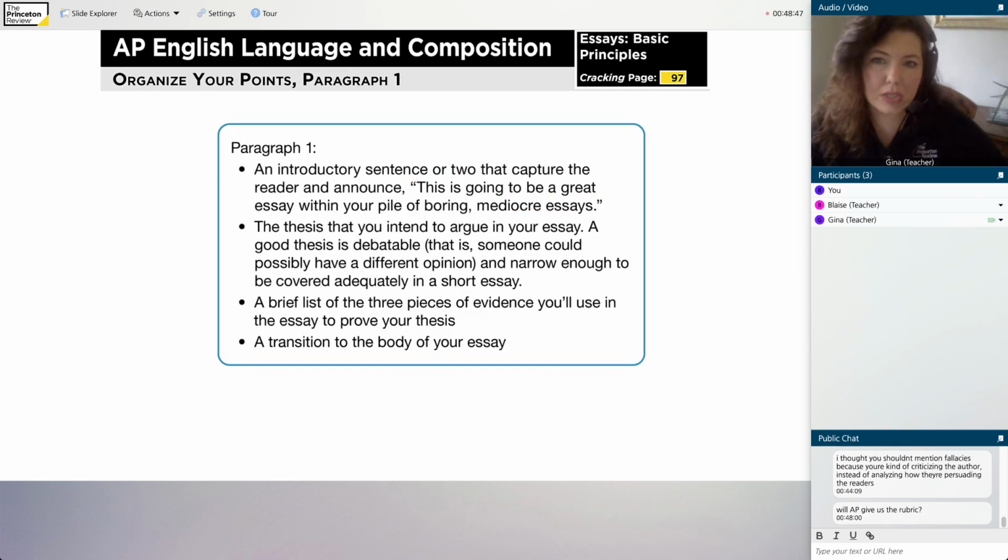So if I had to really narrow it down, what do you need to do to get a 4 or 5, which are the most desirable scores? Well, number one, you need to focus on rhetorical analysis, right? Don't just talk about what the writer said. Don't give your opinion on the topic, right? You must focus on rhetorical analysis, and you must find at least 3 to 5 major points that you can focus on in your essay.